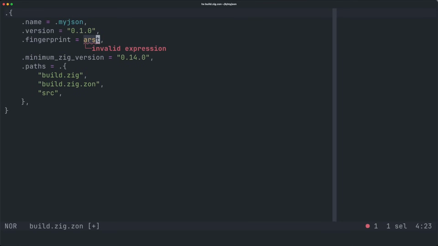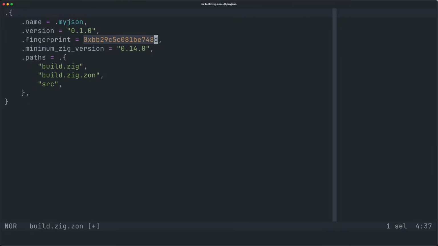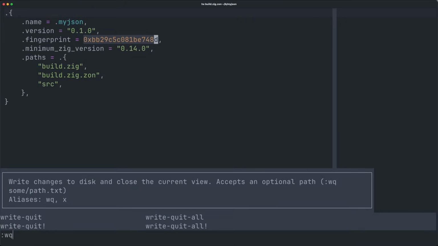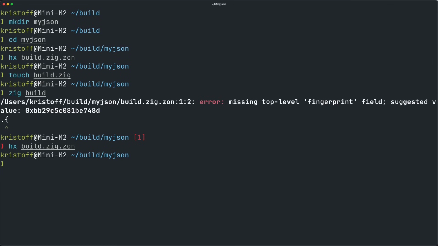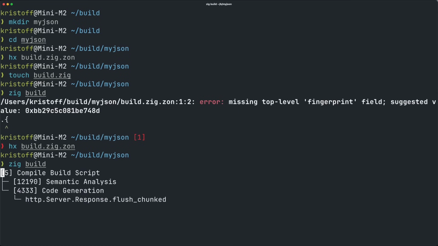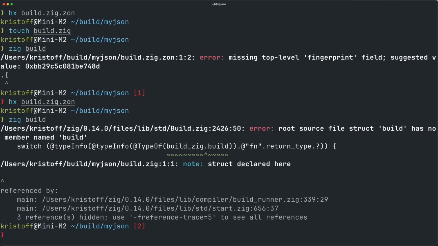I'm also aware that I'm not explaining what the fingerprint is used for, but that's a topic for a follow-up video, so for now, let's just paste the value and move on. If we run zig build again, we are now greeted with a new error. This error might not seem very clear at first glance, but it's actually telling us fairly precisely what's wrong with